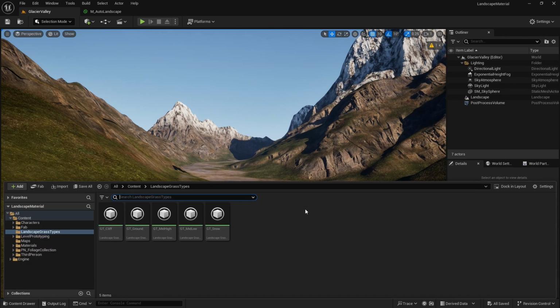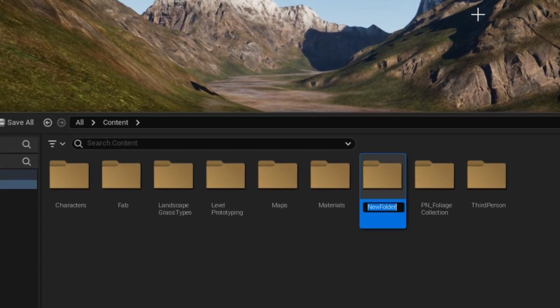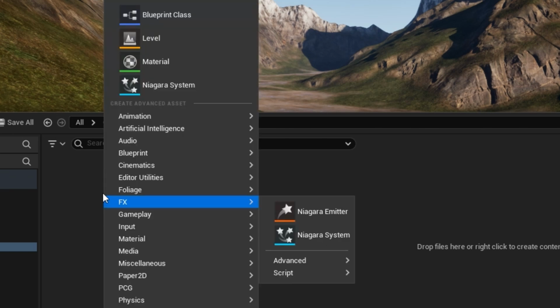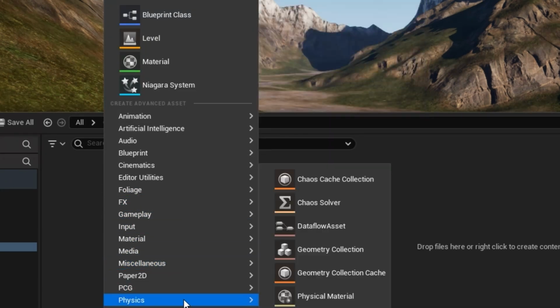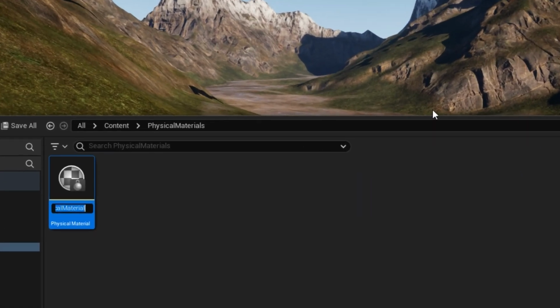So let's go into our content browser. At the top level, we'll create a new folder called Physical Materials. And just like we did with the grass types, we want to set up 5 physical materials, 1 for each layer. So I believe it's in the physics subfolder if you right click, and you'll find physics material, and you'll have to choose the physical material class. There should only be one there, so pick physical material, select,